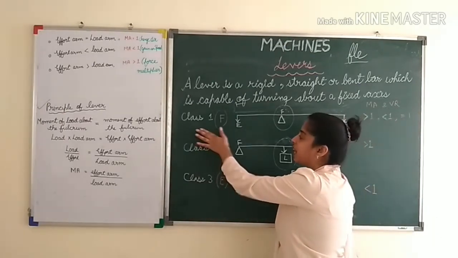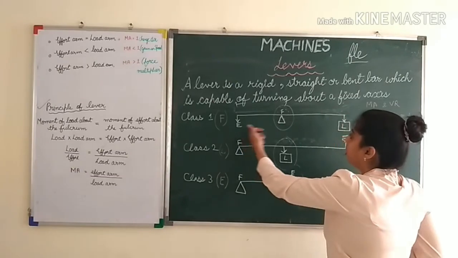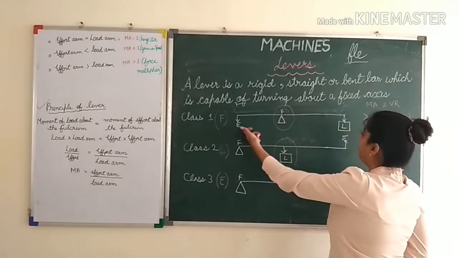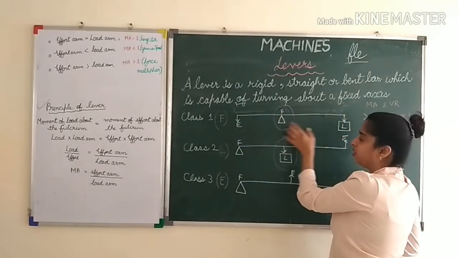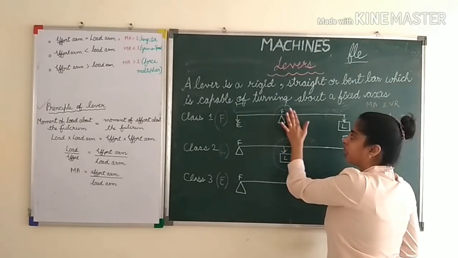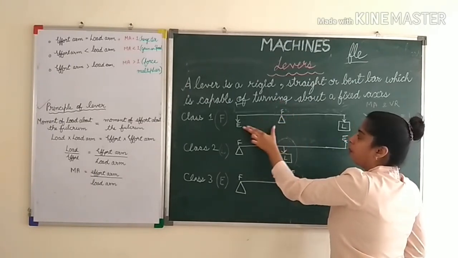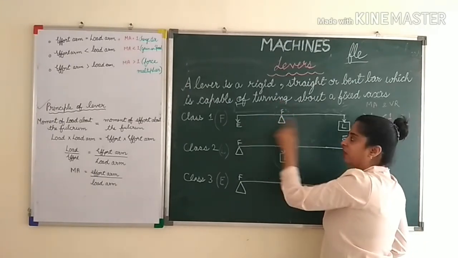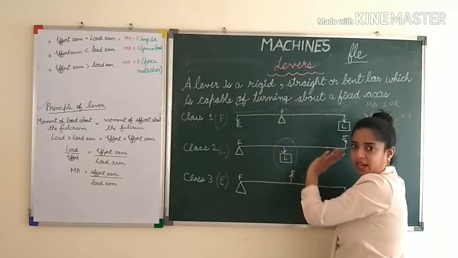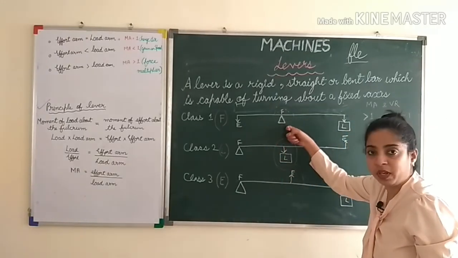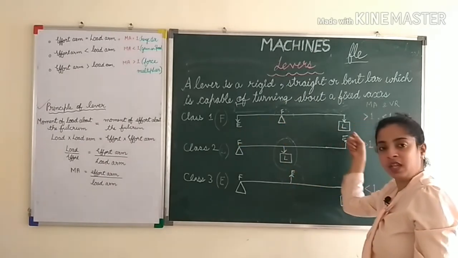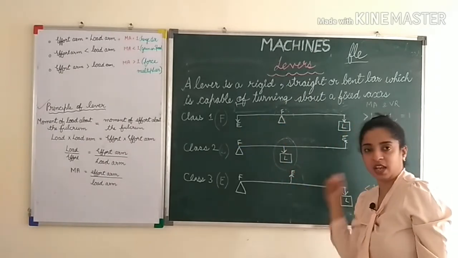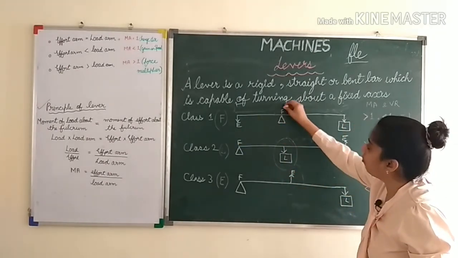Now students, in class 1 type of lever, fulcrum can be anywhere in between effort and load. It need not be exactly in the middle, it can be anywhere. So, if fulcrum is between effort and load, effort can be on either side, no problem. Only F has to be in between. Effort can be here, it can be here. You can change everywhere. Only you have to remember flea,